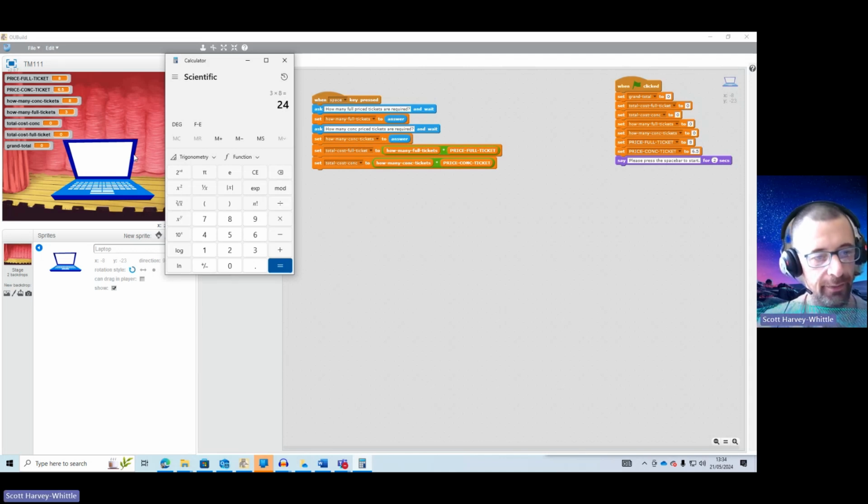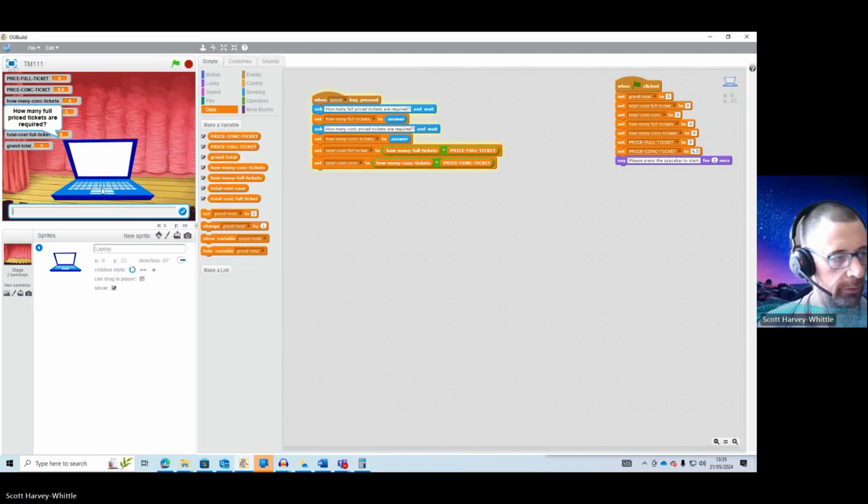So the full price tickets should come up with 24. Now let's do the other. How many concessionary tickets? 8 times the cost of the concessionary ticket, which is 6.5. That should come up with 52. Right, so let's run this code. How many full price tickets are required? Let's say